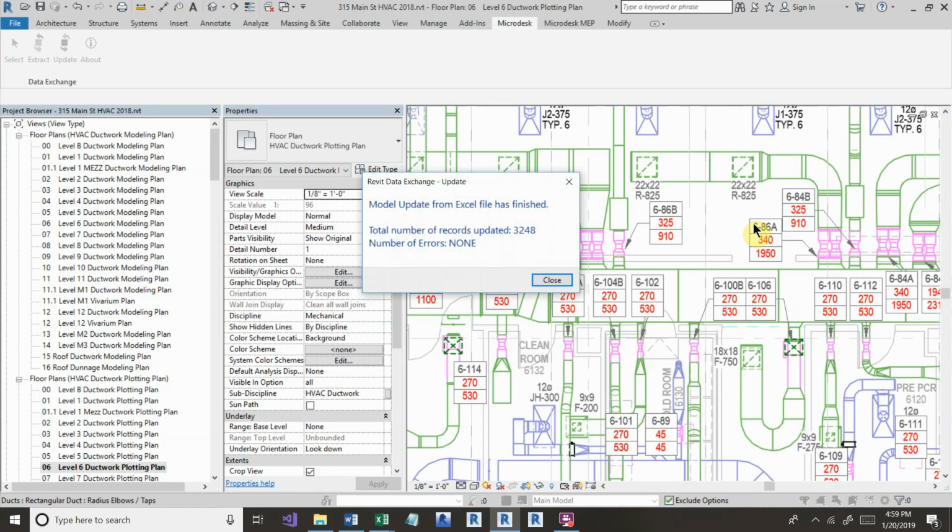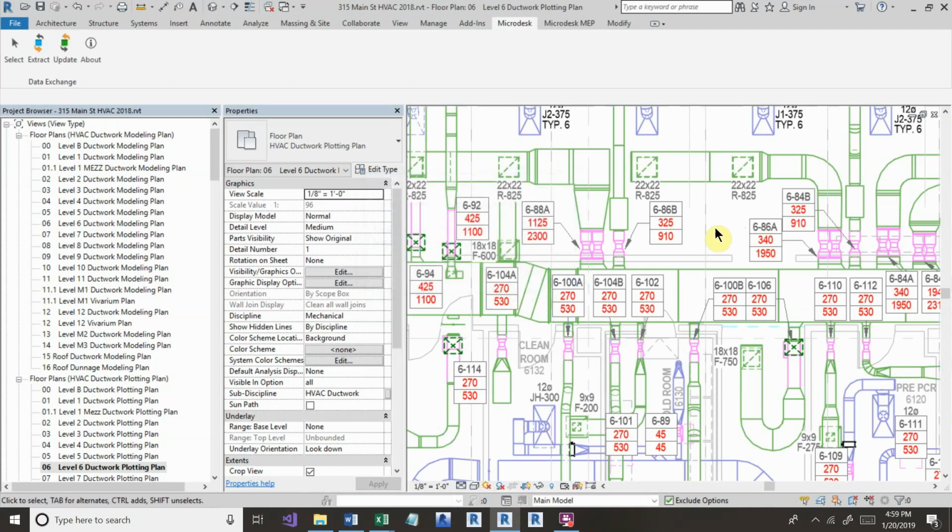The model's regenerating, and it flashed very quickly. The tool reports to me how many parameter fields might have been affected. And the change happened quickly, so I'm going to undo what happened, Control Z, and now we can see that the parameters change. Control Y will redo, and now we can see the effect of all of that data being